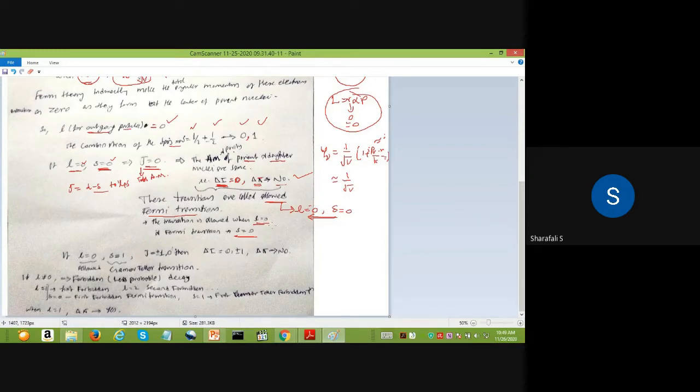Now if you consider another case, in this case you do not have any effect of the spin part of the angular momentum of the outgoing particle. We do not consider the spin part of the outgoing particle, and then we can have the allowed Fermi transition. But when we have the spin also contributing in the decay process, then we cannot have that